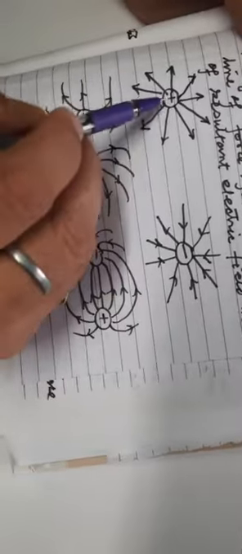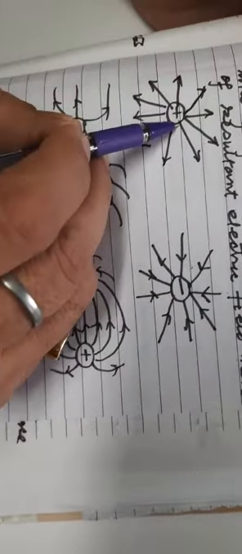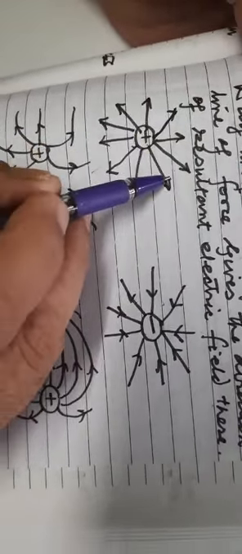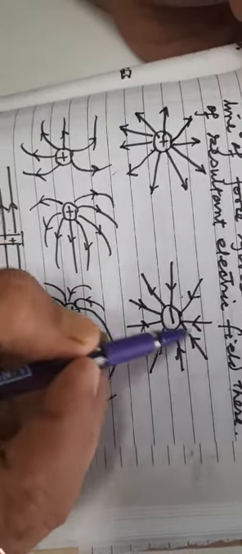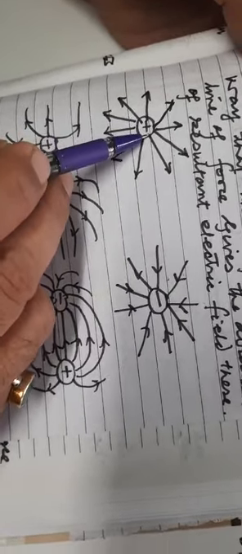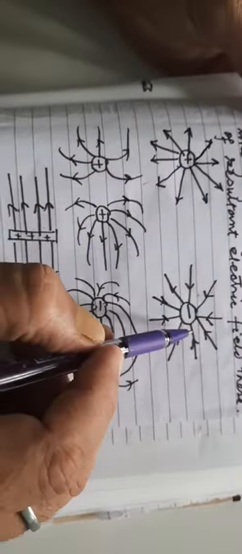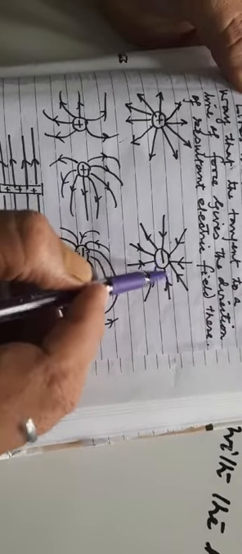For example, if we take a single positive charge and a single negative charge and draw the electric field lines, we have to draw them in this manner for the positive charge, and in this way for the negative charge. There is only one difference. If the positive charge is there, we show the lines going away from it, that is, the arrow mark is away from the charge. If the negative charge is there, the arrow is towards it. So in the case of a positive charge the arrow goes away from it, and in the case of a negative charge it terminates at the negative charge.